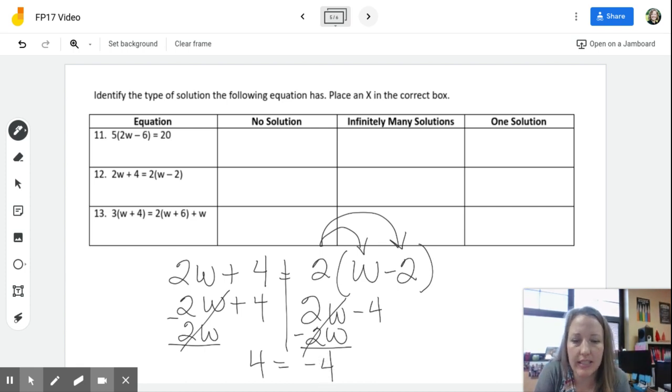Is that a true statement? No, 4 does not equal negative 4. And therefore, that means there is no solution. So if you get a false statement at the end like that, then there's no solution. That means there's nothing